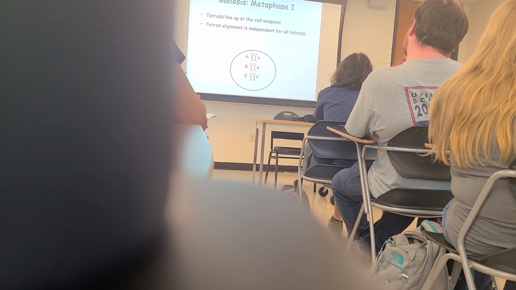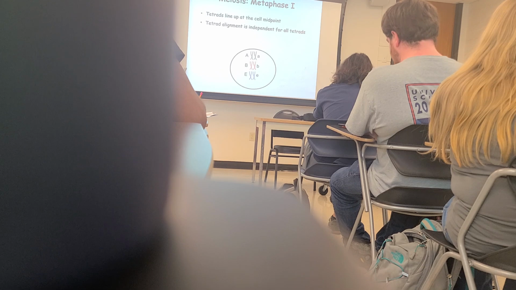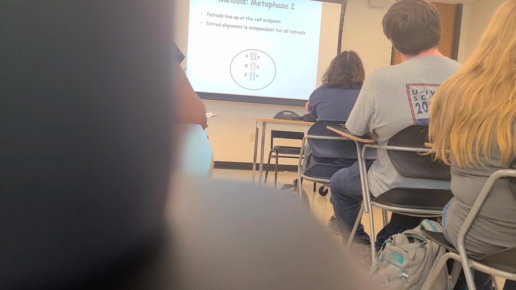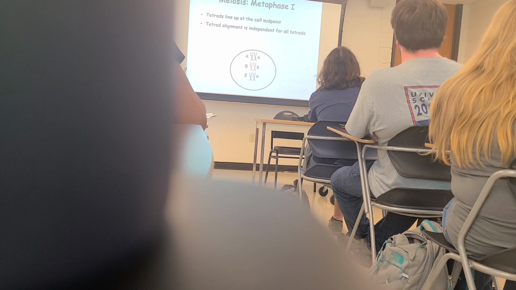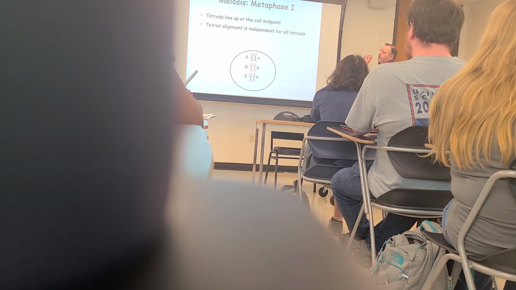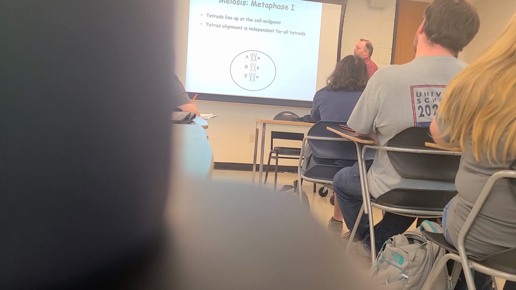And so it's more appropriate to state that the tetrads line up at the cell midpoint independently and randomly compared to what the other things are doing. And because of this randomness or independentness,